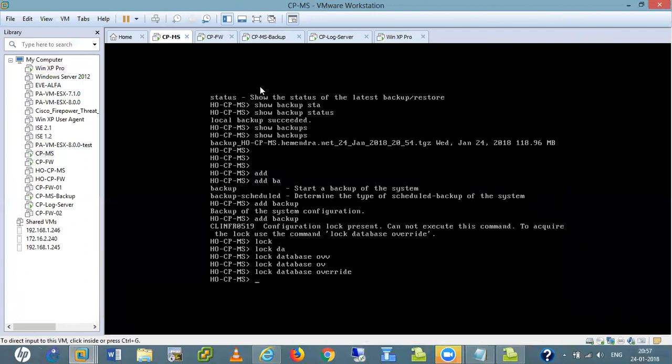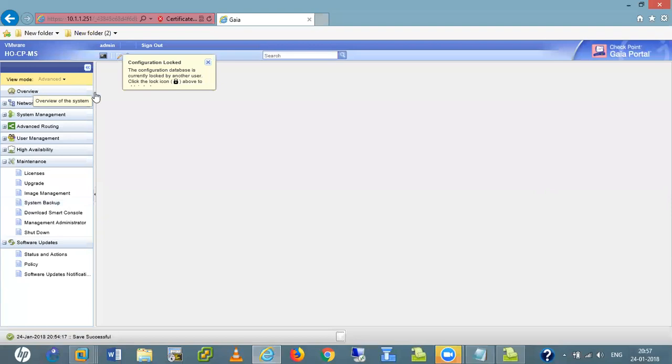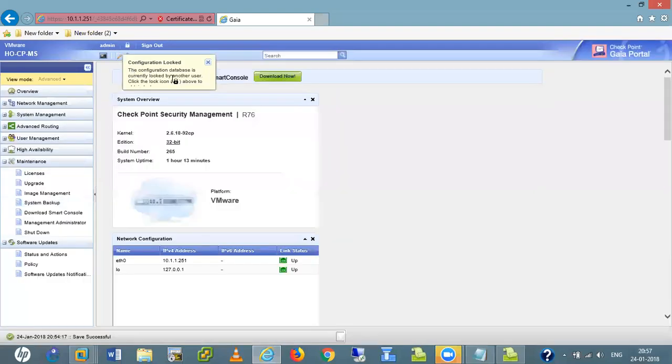See, somewhere else we get this log also. Let me do it in Overview. See, we get this log: Configuration locked now. So we can't do any configuration here. That is the meaning of this command.